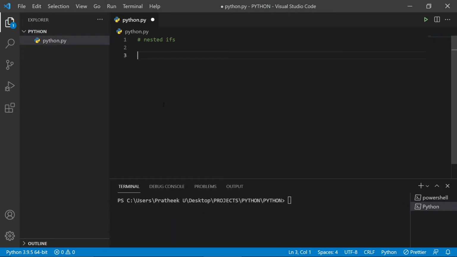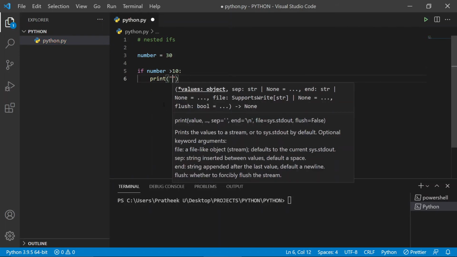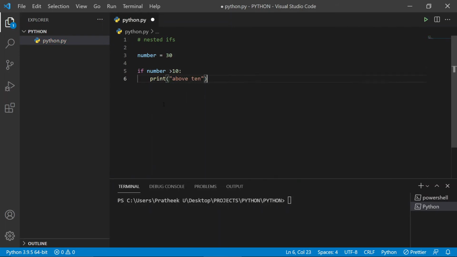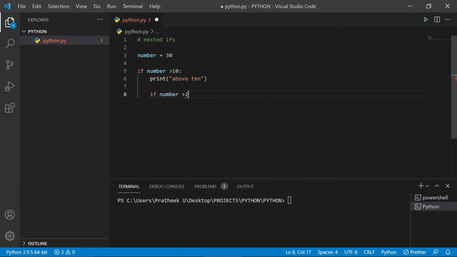In that case we may use nested ifs. Okay, let's understand it with the help of an example. For example, if we have a number, say 30, and I do if number is greater than 10, inside it we write print above 10, then after that we put another if conditional. Inside we pass if number is greater than 20,